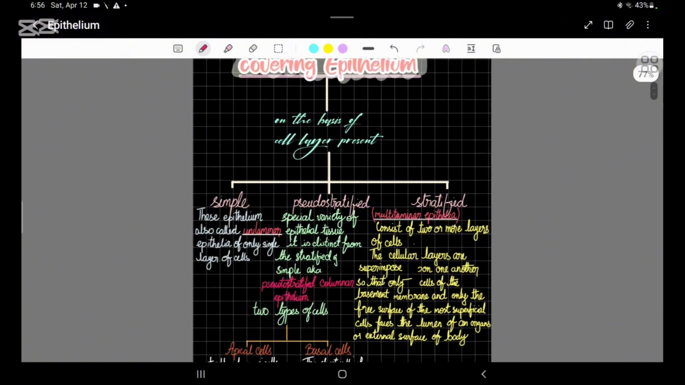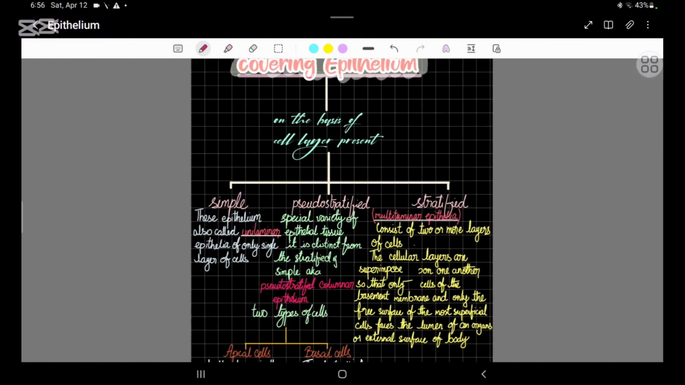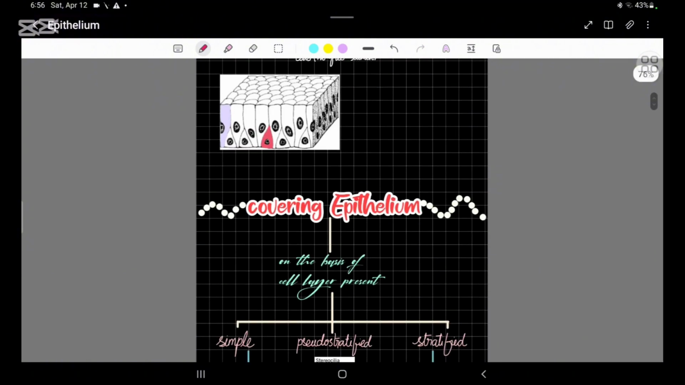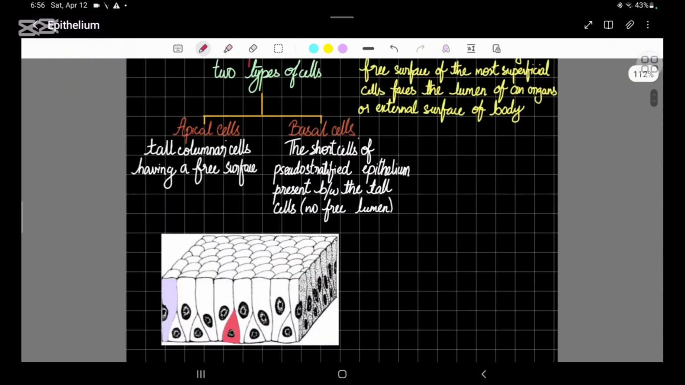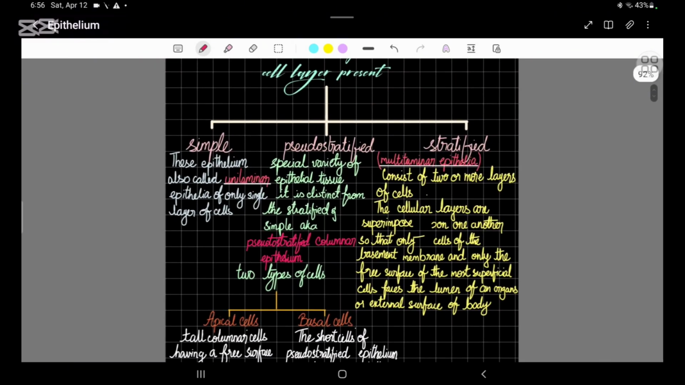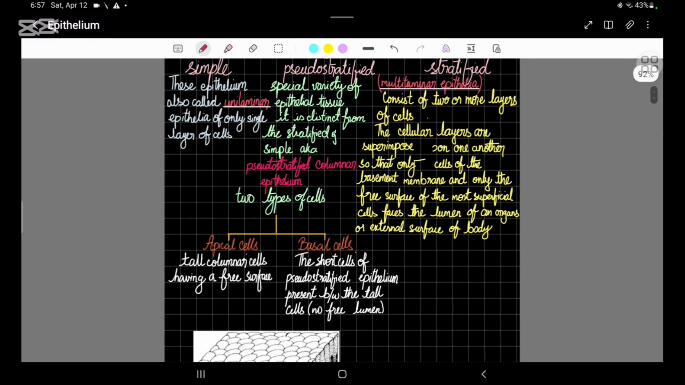Covering epithelium is further classified on the basis of the layers present in it and on the basis of the shape of the cell. First, we'll discuss it on the basis of the layers present. They are categorized as simple, pseudostratified, and stratified. What do you mean by simple? The word simple here does not mean that what I do makes the concept clear for you. It's not that kind of simple. That means that it has only one layer of thickness. They contain only one layer thick epithelial cells. Like